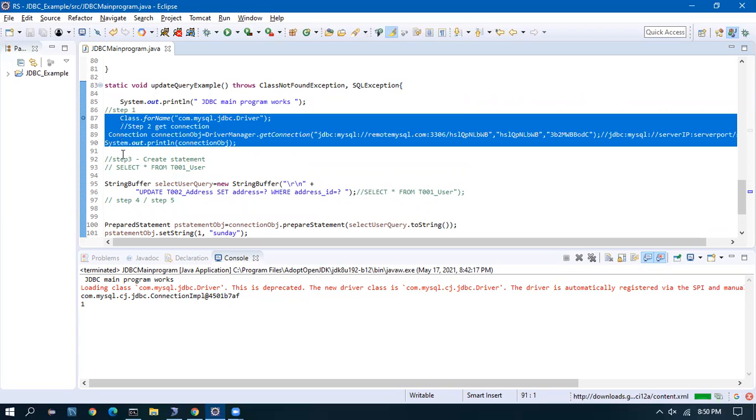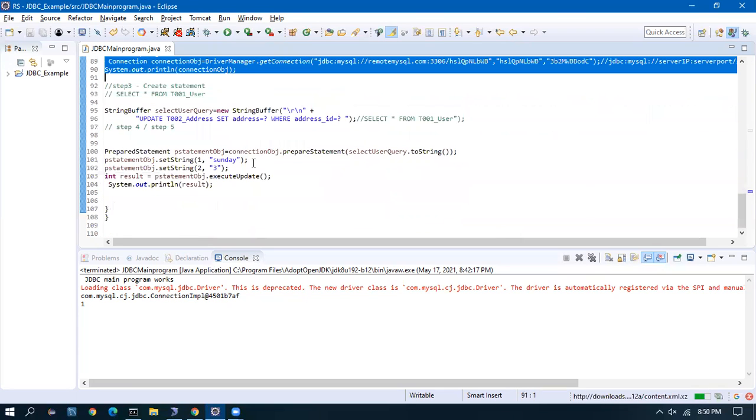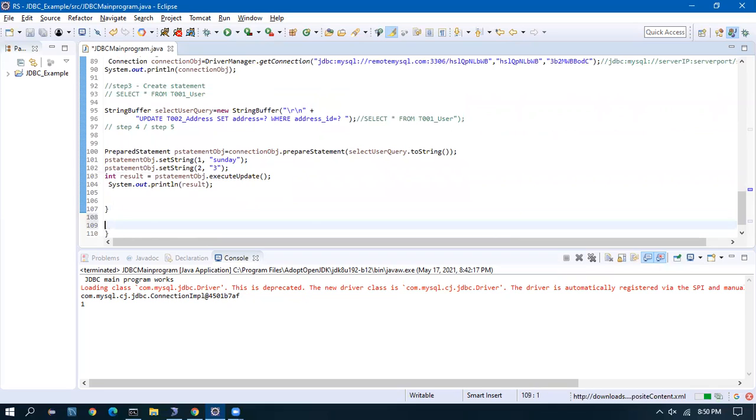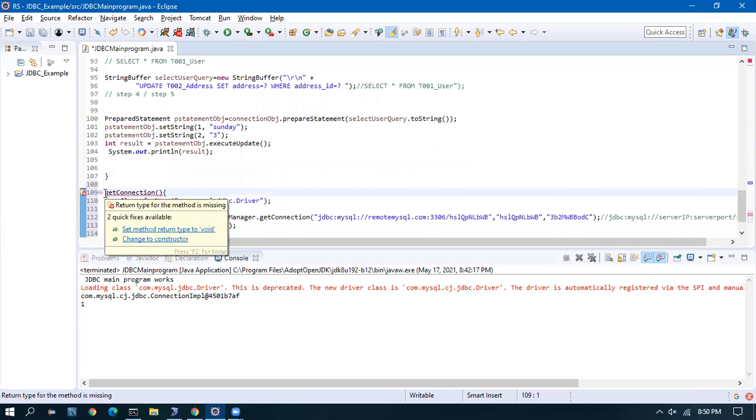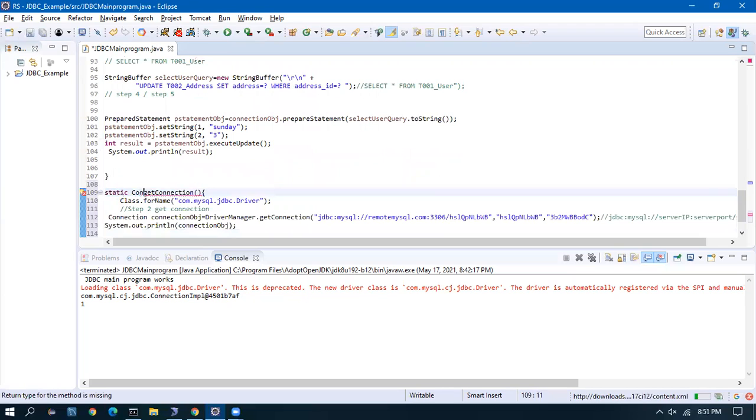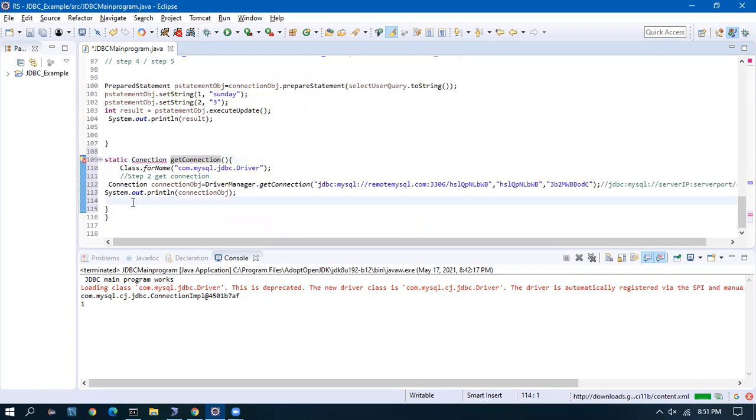Class.forName and the connection have to be in a separate method at the bottom, getConnection. It will be static, and it is going to return a connection object.